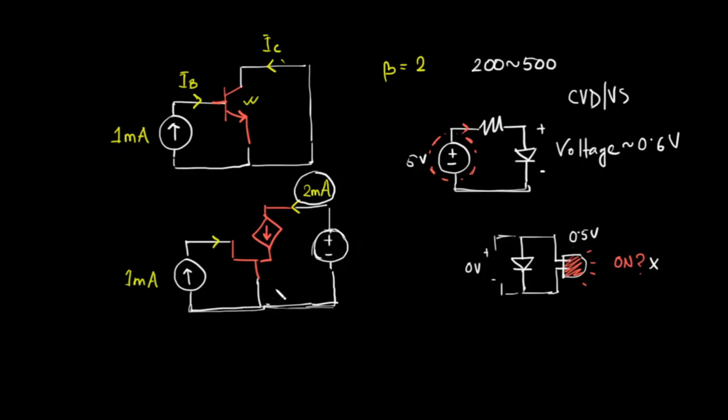Simple enough. So what is the takeaway from this discussion? The takeaway is that whenever we are trying to build an amplifier or trying to operate a transistor, a device that works as a control source, that device cannot produce any current or any voltage on its own. It needs an external supply to operate. So if we want that device to work as we intend, then we have to connect an external power supply to the output circuit.